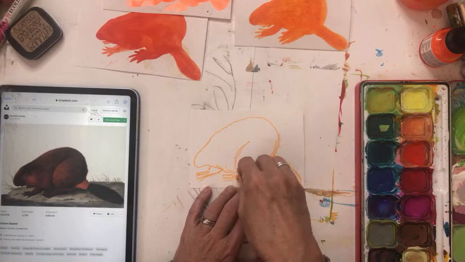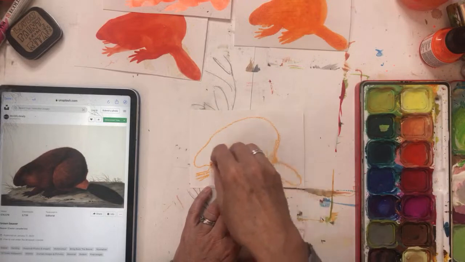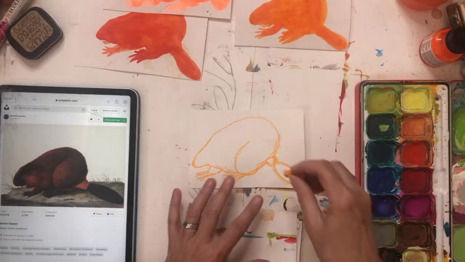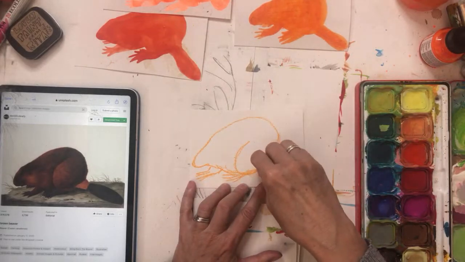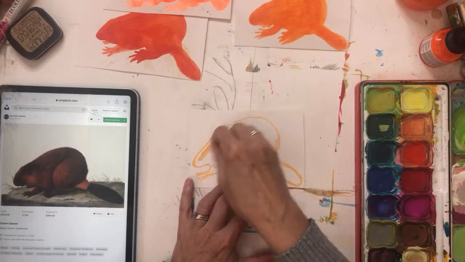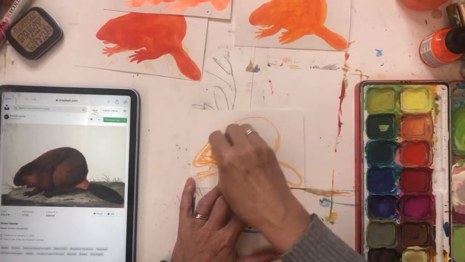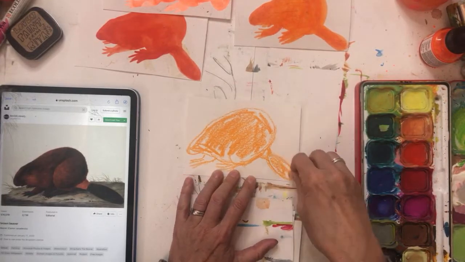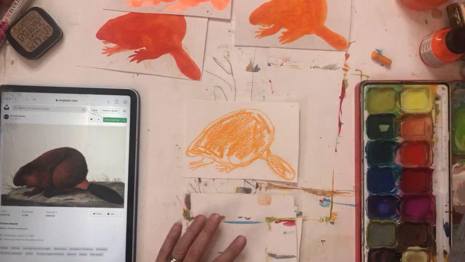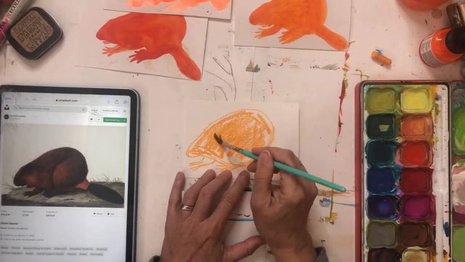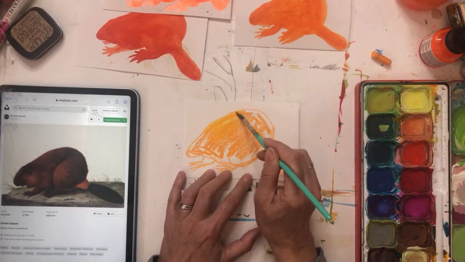C, do you get a lot of beavers up by your cottage or your camp? This one is funny looking. Okay. I know this is water soluble, so I just need to get some crayon on here. Morning, Beaver greetings. Hello, Amy. How are you?